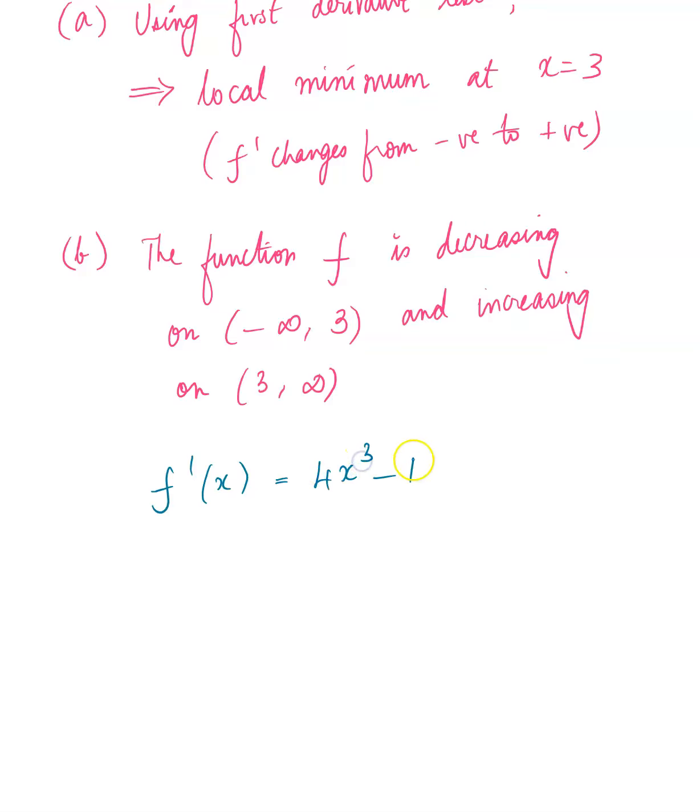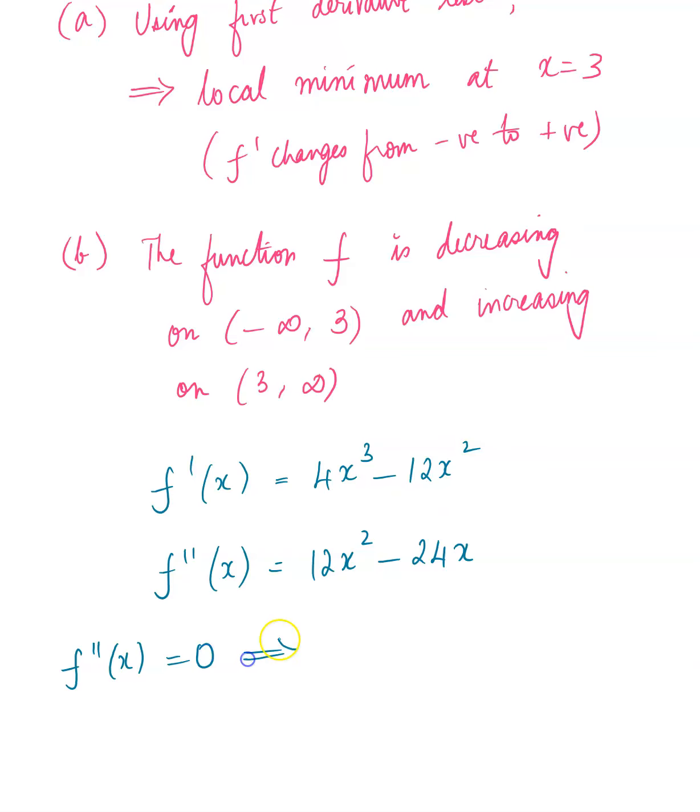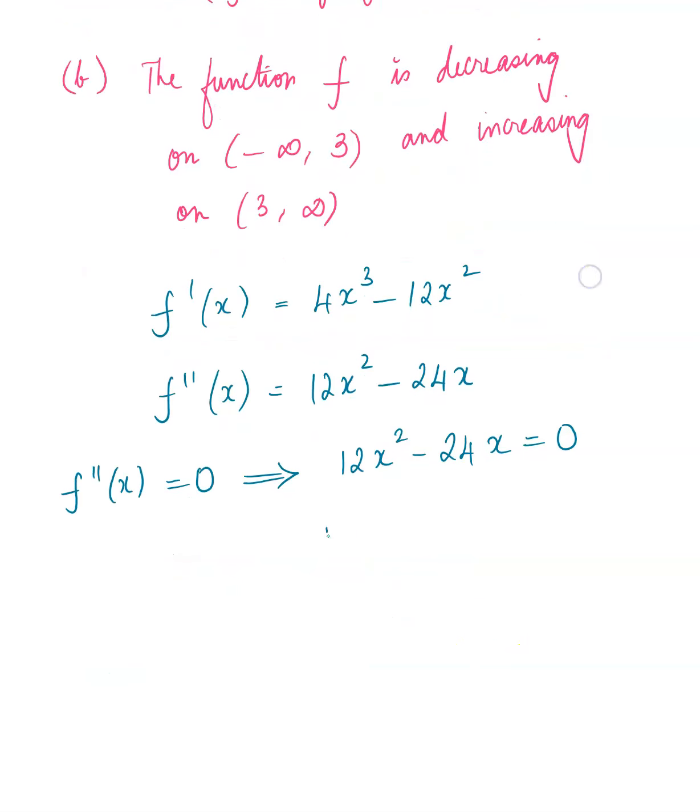4x cubed minus 12x squared. So now if we find the second derivative, that will be 12x squared minus 24x. Of course, we need to set the second derivative to 0 to know where the concavity will change, if it changes. Once again, factorize it. So 12x can be pulled out, x minus 2 equals 0. This implies x is 0, or this x minus 2 is 0, which is